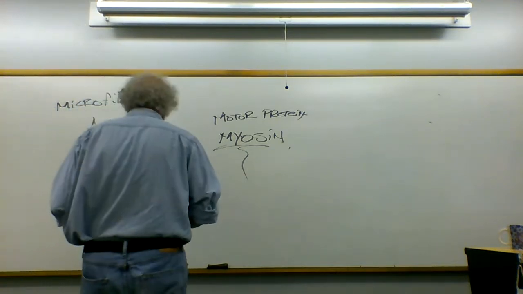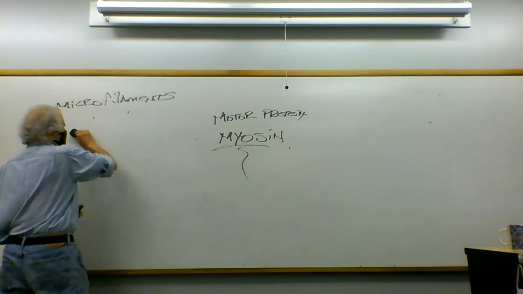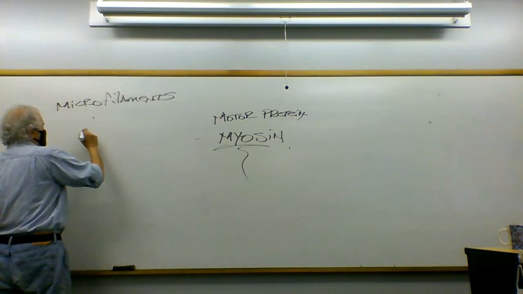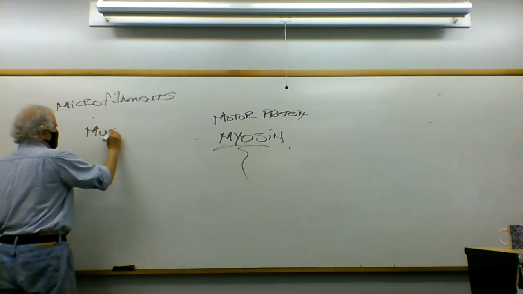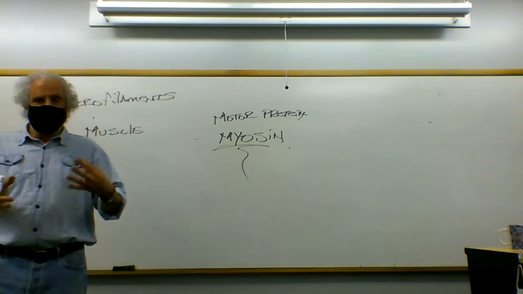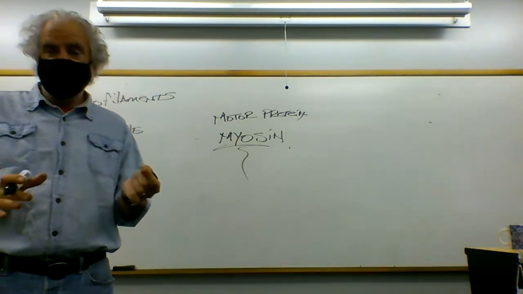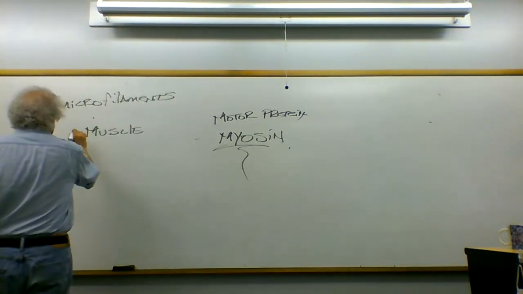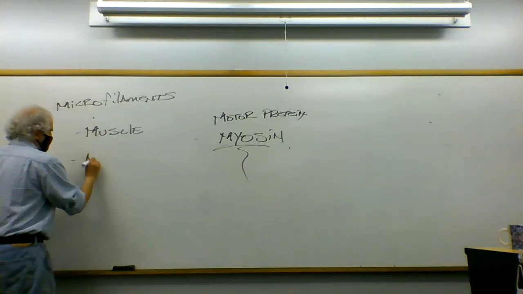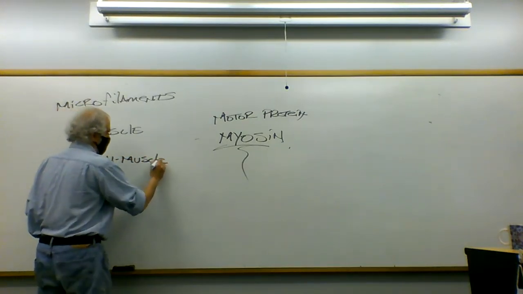And as we're about to see, when we start looking at myosins, you can break them down into two broad categories. We've got myosin that is specific to muscle. There are actually multiple genes for it, but there is a muscle-specific myosin. And then, you probably never guess what the other one's called: non-muscle